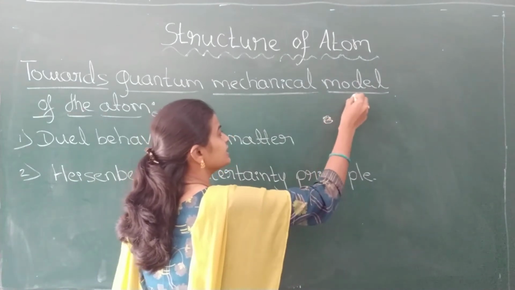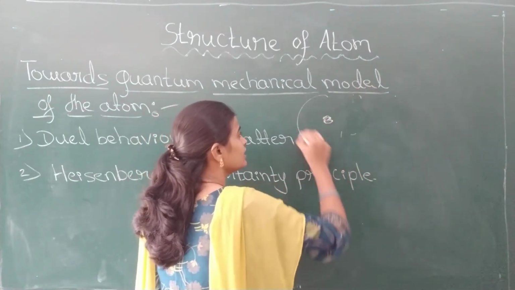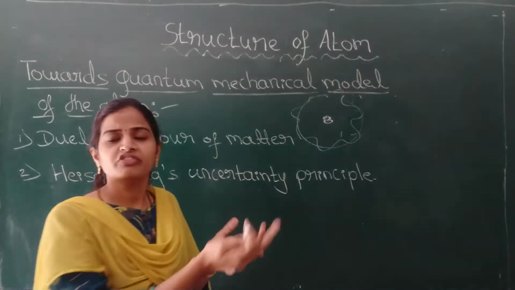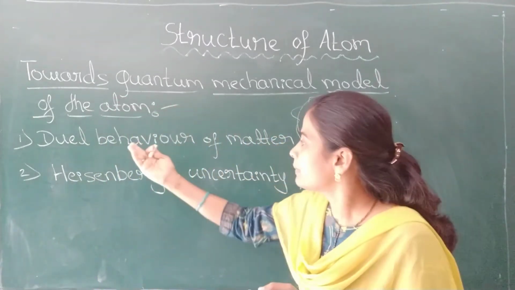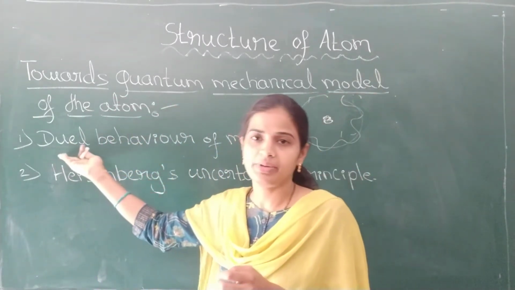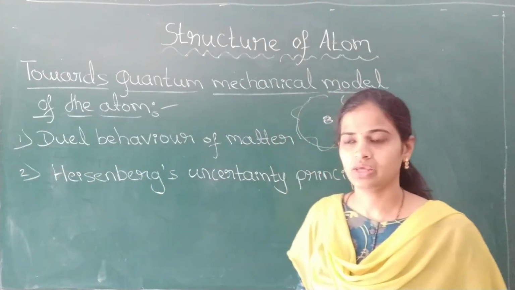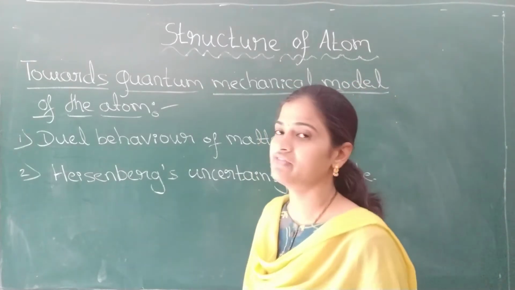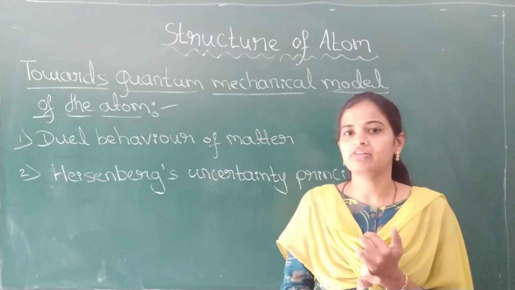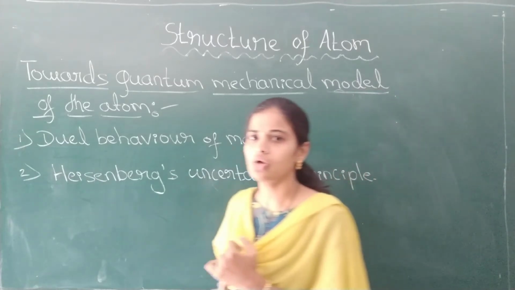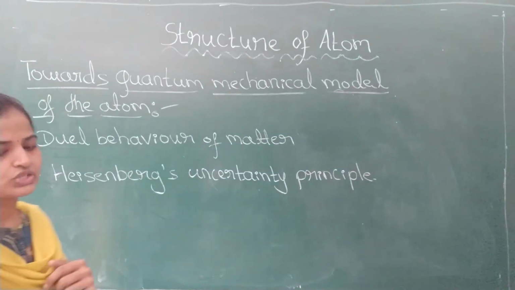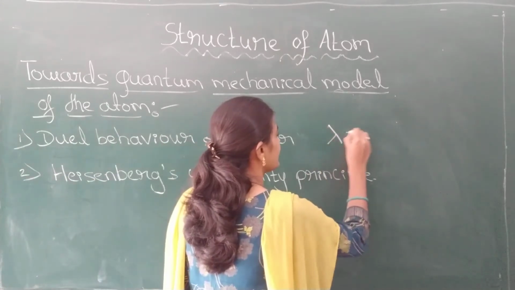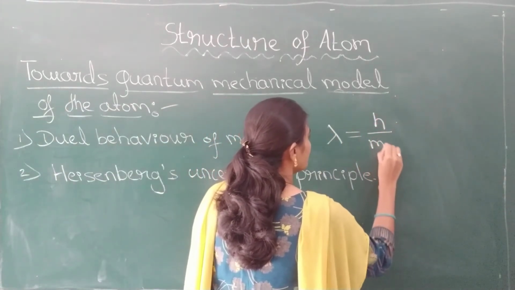See, if the nucleus is here, the electron will move like a wave, or it has the nature of a particle. The electron can show dual behavior. If the electron has the wave nature like light, it should have the wavelength as well as momentum. Yes or no? In the same way, he has given an equation known as de Broglie equation. That is, lambda is equal to h by m into v.